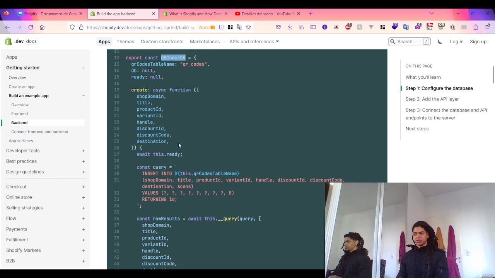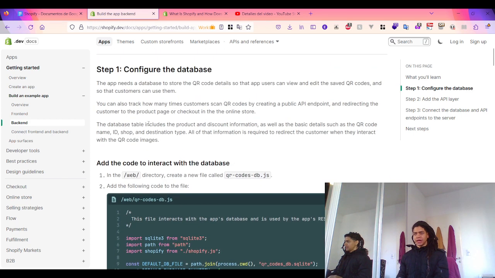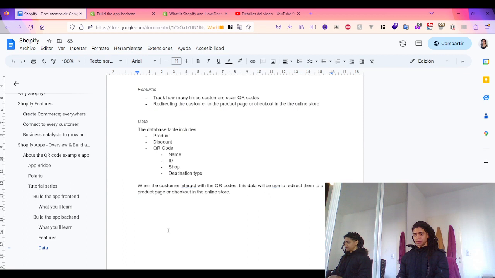Okay, so this is the way they do this: add the code to interact with the database. So to configure the database here,